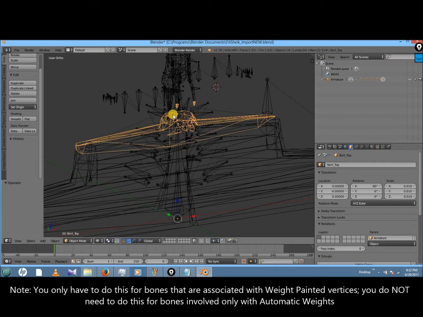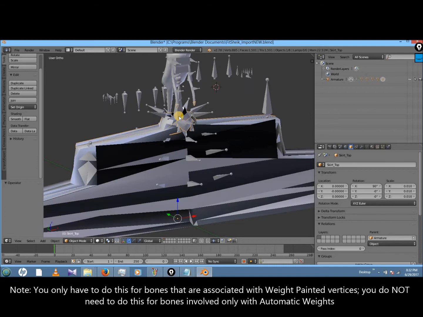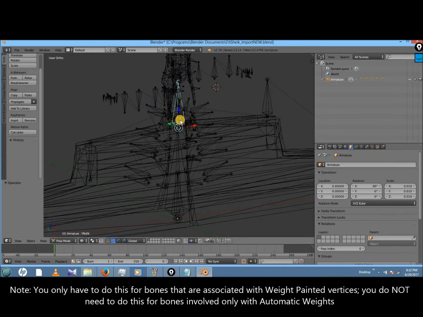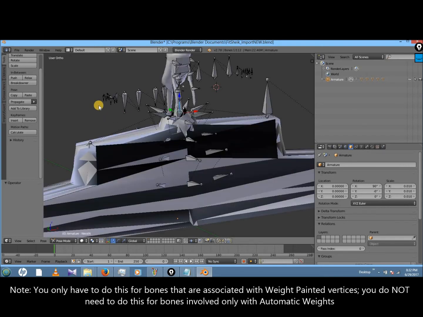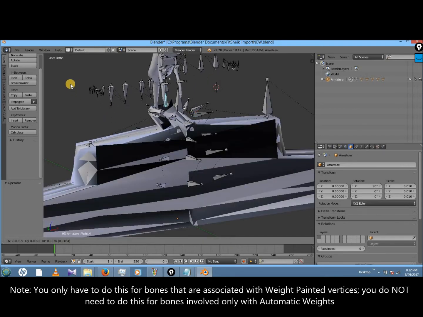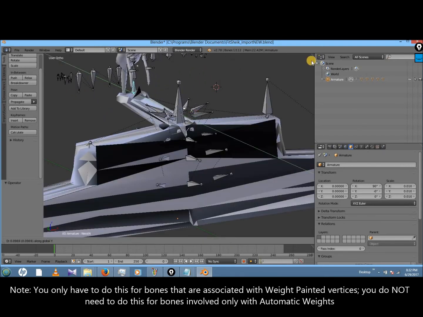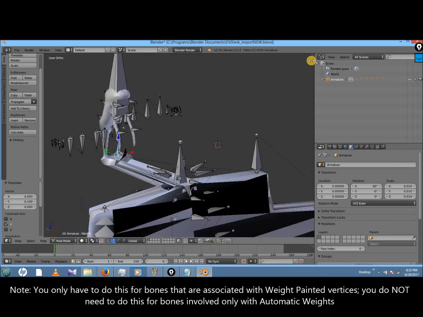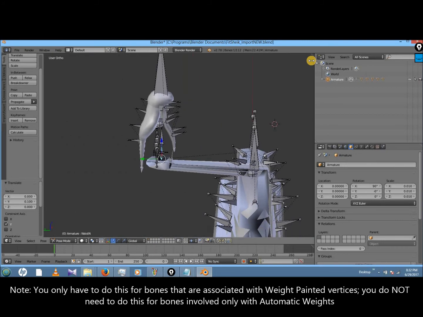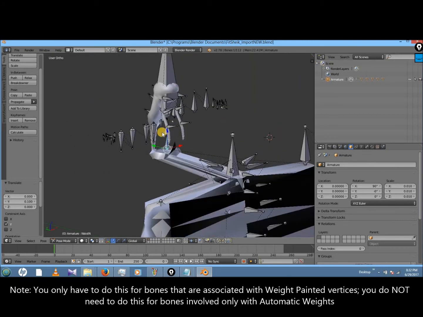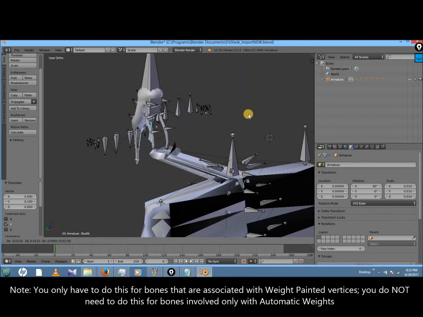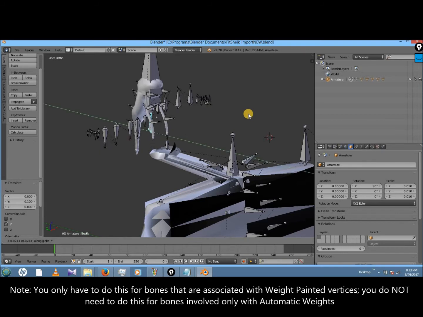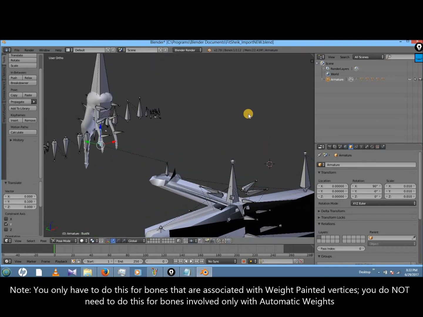Okay, then that one I need to get the waist bone. Where's the waist bone? There we go, waist bone. I'm going to move this one back on the Y, so 0.1 for that. Another 0.1 for that one.